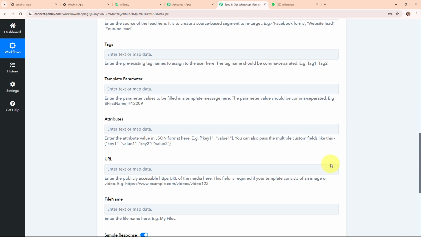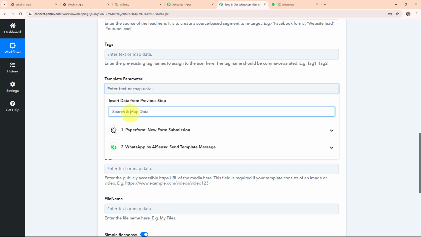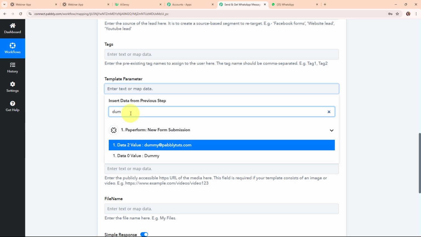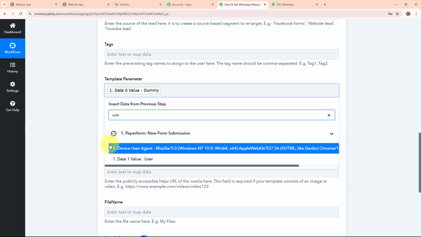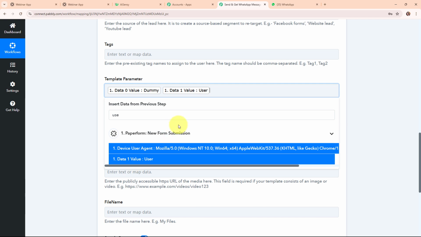And then here it is asking me for the template parameter. So here in this template parameter field, I need to enter the values of my variable that I've used in my template. So here I've already shown you that I've used 4 variables in my template. So I'm going to map all of the details over here. So firstly, I'm going to map the name. So for that, I'm going to search for the name. So this is the first name, space. Then I'm going to search for the last name. So this is the last name, and then I'm going to enter the comma,